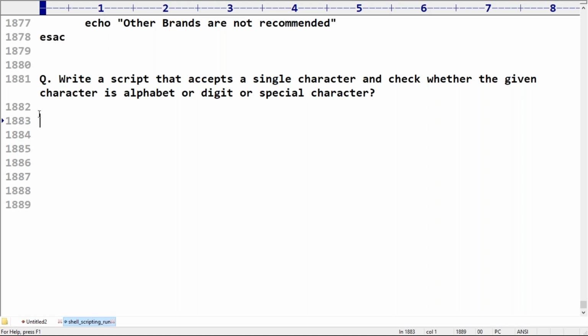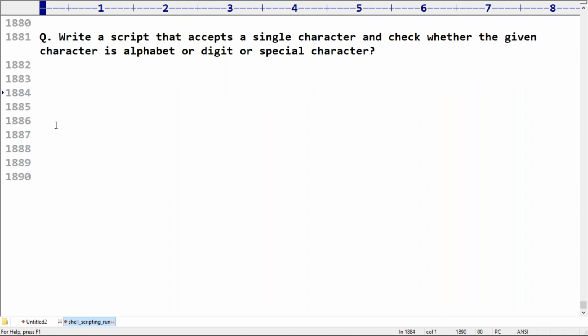Even if you don't know, just observe this carefully. Suppose here, is it an alphabet symbol or not? How can you write the pattern for that? Now observe carefully. If I use a, is it a or not? That is the meaning. Whether you are taking it within double quotes or without double quotes, is it considered as a or not?